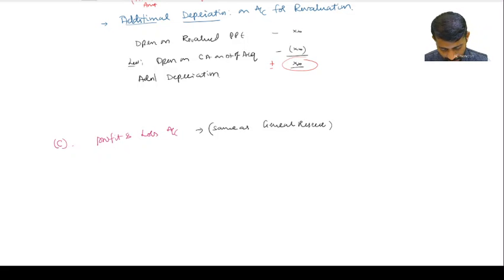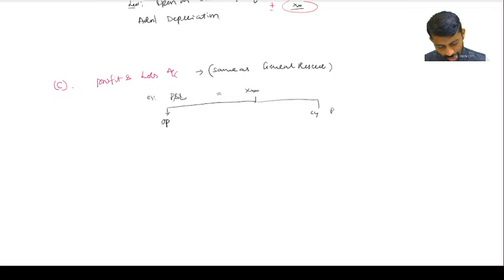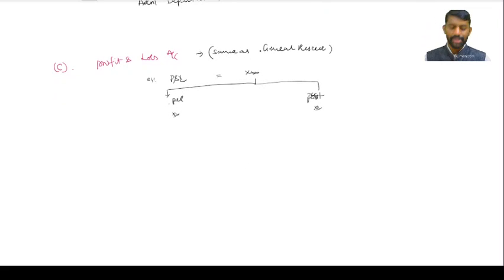For example, whatever balance is there in P&L, that P&L is of two types. One is opening and the other is current year. In the current year, we call it post, and this is pre. Just imagine it is pre and post. So in post acquisition, whatever amount is there, my dear friends, in general reserve,